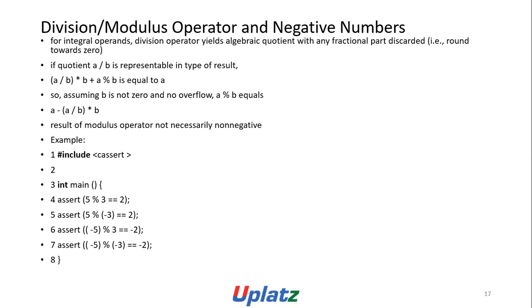#include <cassert>, int main() { assert(5 % 3 == 2); assert(5 % -3 == 2); assert(-5 % 3 == -2); assert(-5 % -3 == -2); }